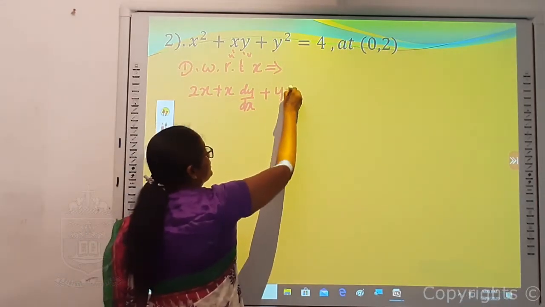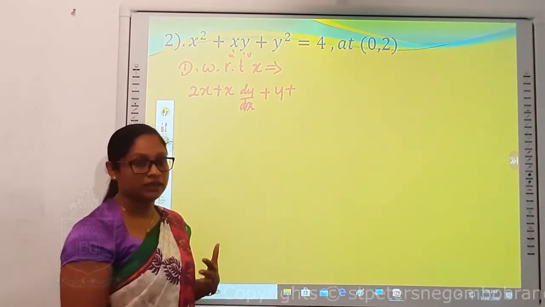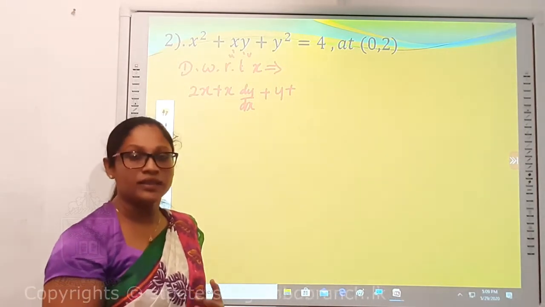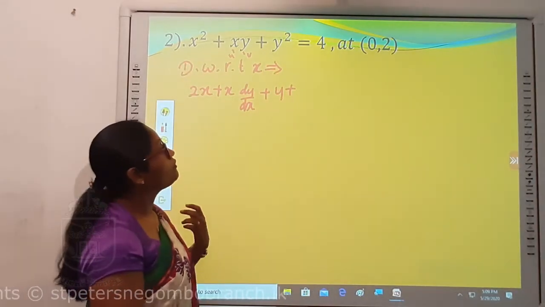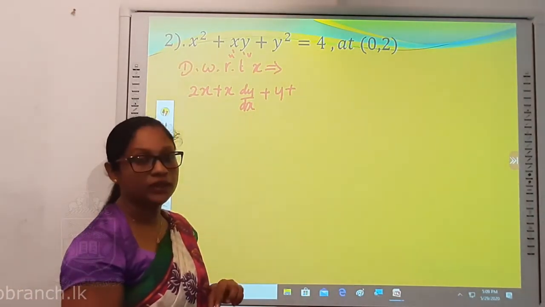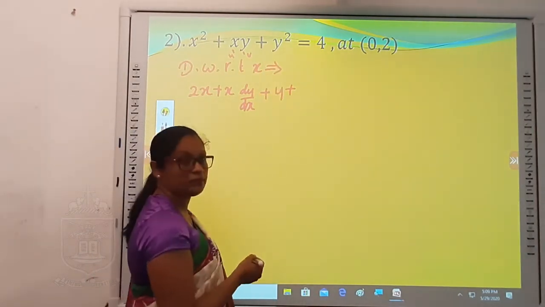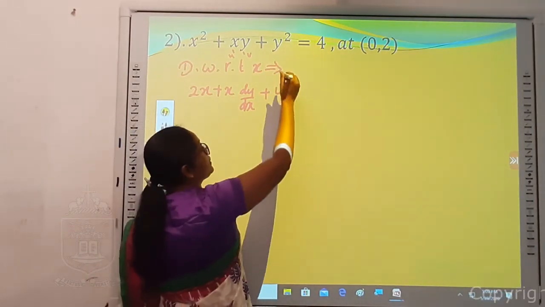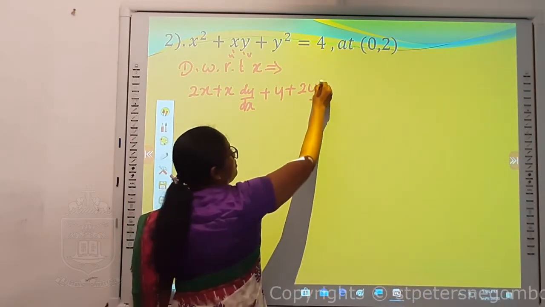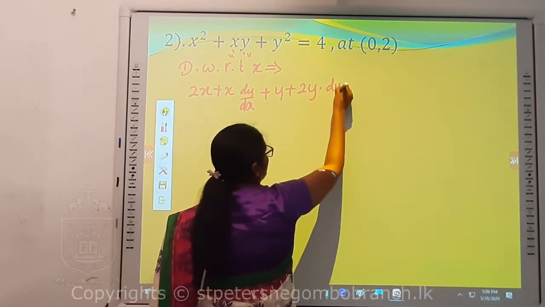And the last term, that is y squared. Directly you can't differentiate y squared with respect to x because they are two different variables. So here you want to apply the chain rule. Chain rule says what? First we differentiate with respect to the given variable, and after that we go for the variable that we are using. So if we differentiate y squared with respect to x, first I differentiate with respect to y, so it will be 2y, and then we differentiate y with respect to x again. So this is the way we can apply the chain rule.